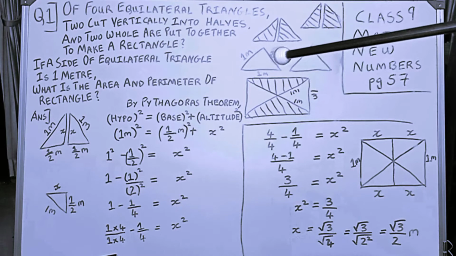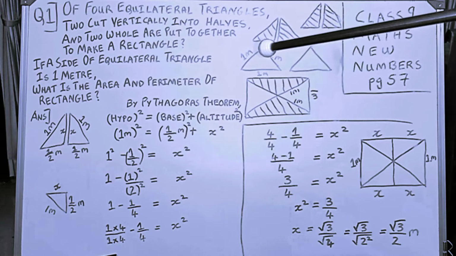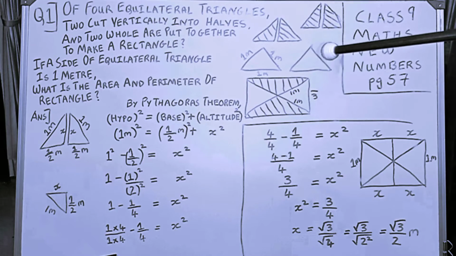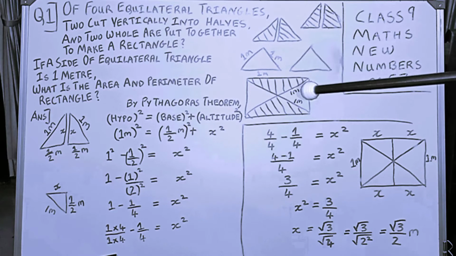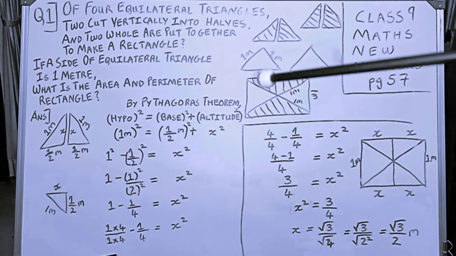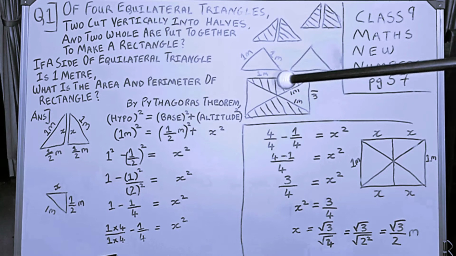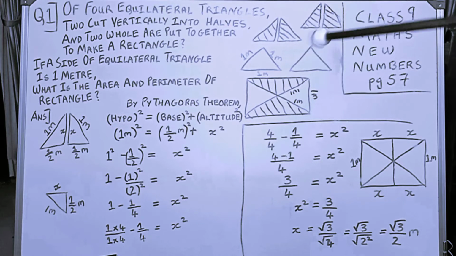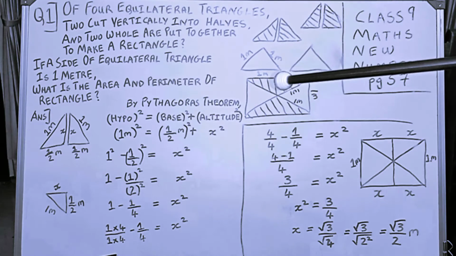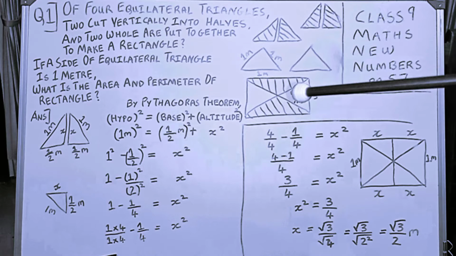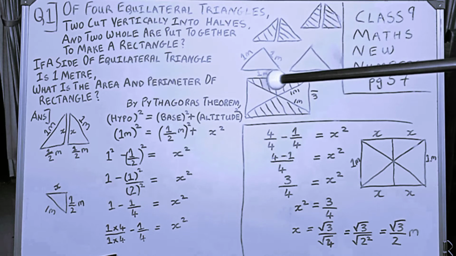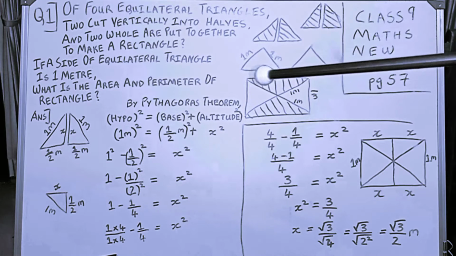In an equilateral triangle, suppose one side is 1 meter, then the other sides will be 1 meter, all three sides will be 1 meter. So these which are not split we can put over here, and this also we can put over here. The shaded part you can see on top. Those equilateral triangles we have put on top and at the bottom. If one side is 1 meter, then all the sides would be 1 meter.